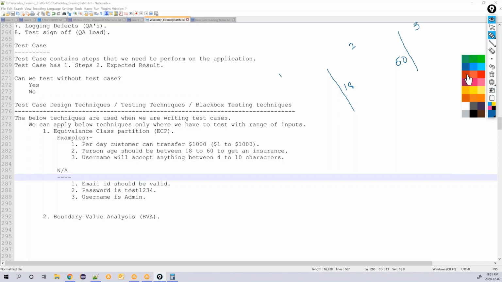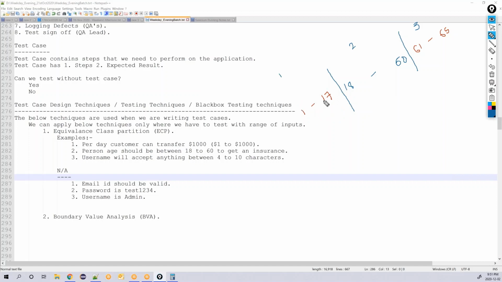For the first partition, I'm going to test somewhere between 1 to 17 years old. Here I'm going to test 61 to 65 years old. Here I'm going to test with 18 to 60 years old.